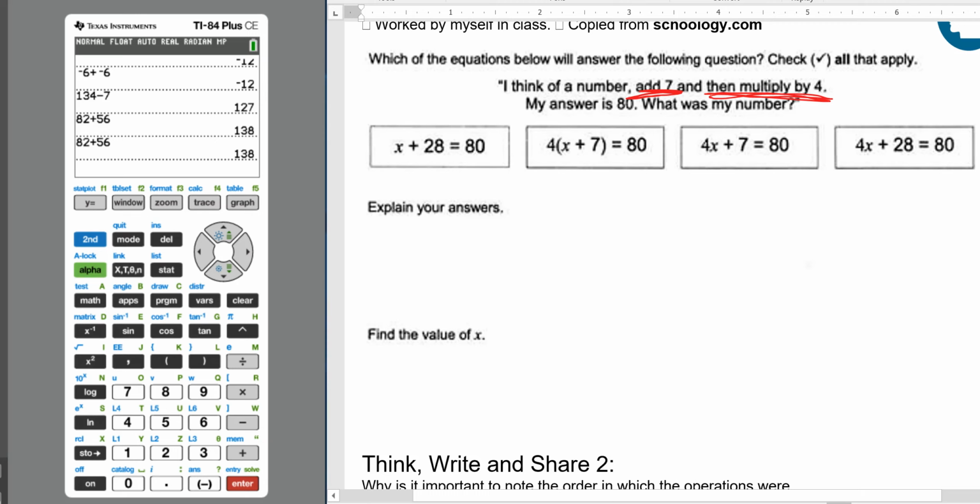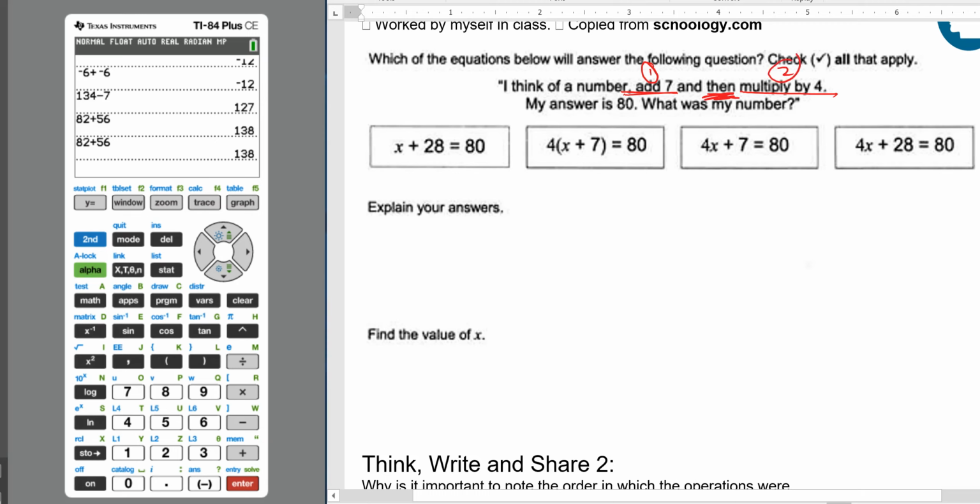Okay, so the easy part, my answer is 80. They're all equal to 80. That doesn't narrow it down. It must be over here, the add 7 and then multiply by 4, that gives it away. So we're going to see that the order is very important. It matters that the first thing we did was add 7, and then the second thing we did was multiply